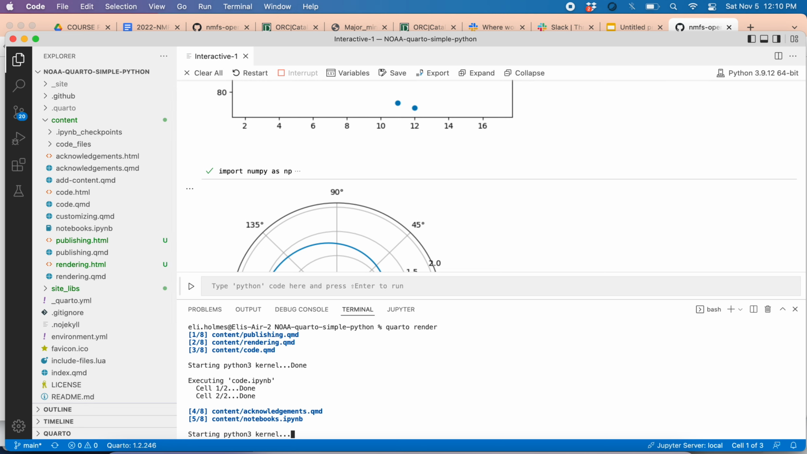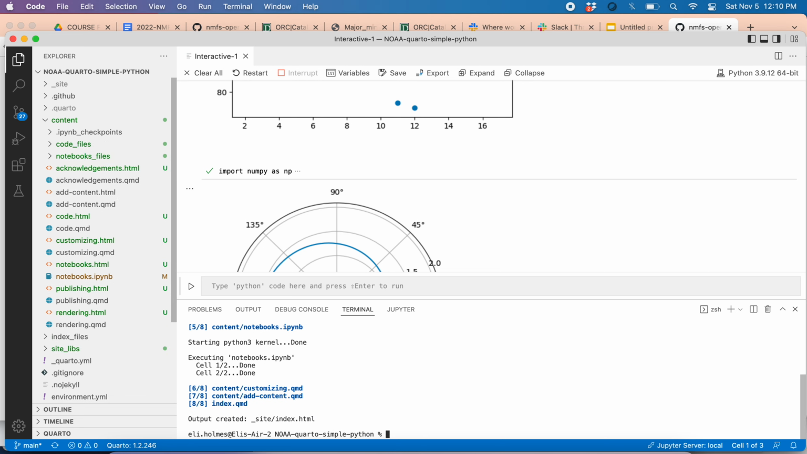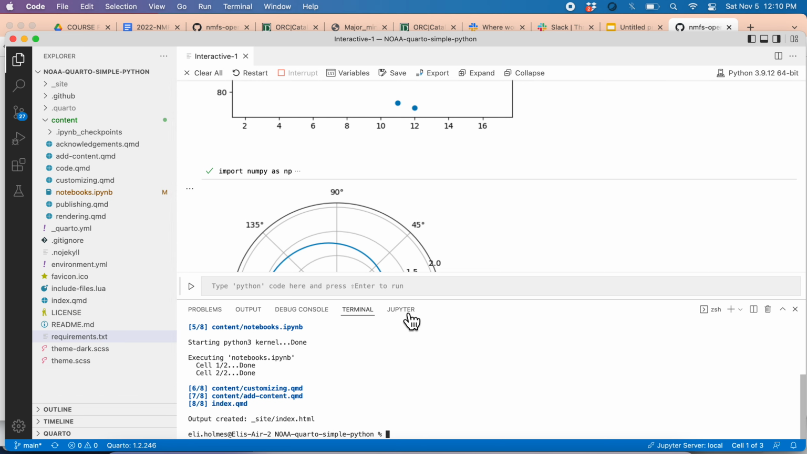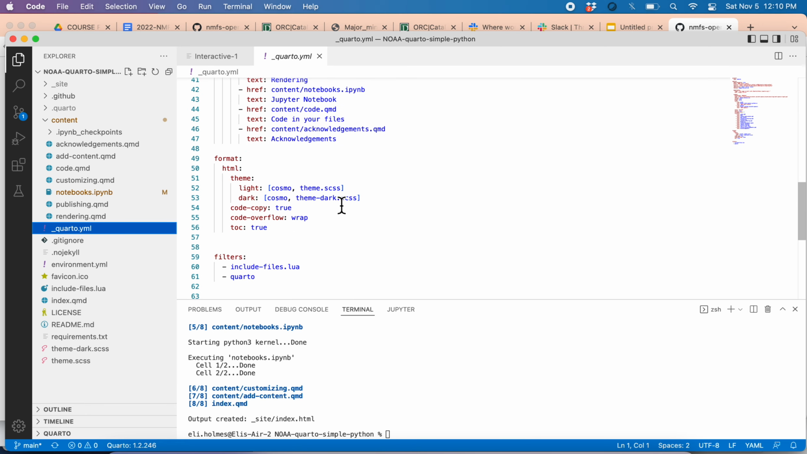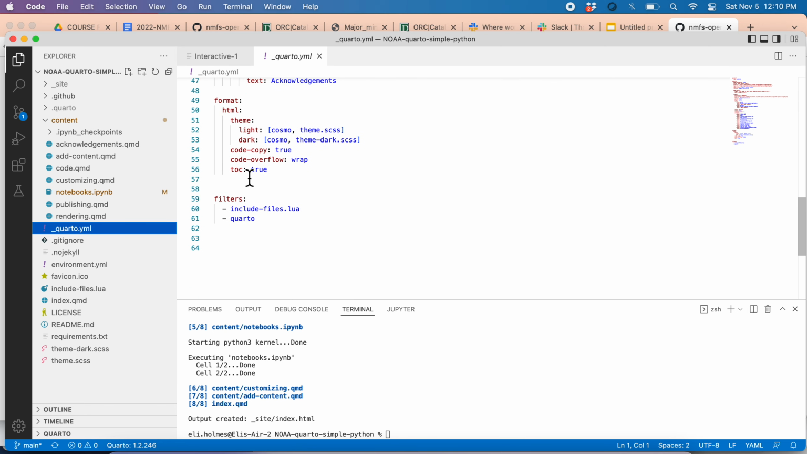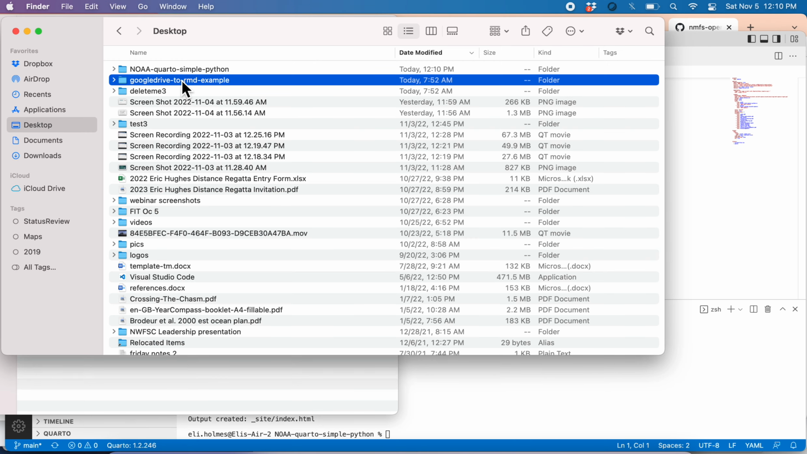In my, I'll show you in a moment, my Quarto file, I'm setting the format to HTML. So this is right here. You can see it's going to website, and the format is just HTML. So it's rendering to HTML. I can now go to this,